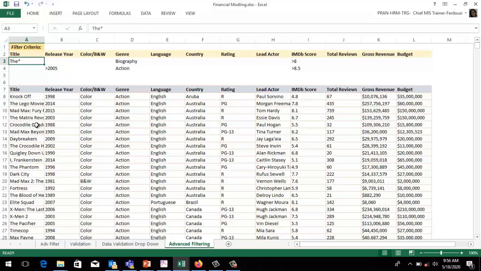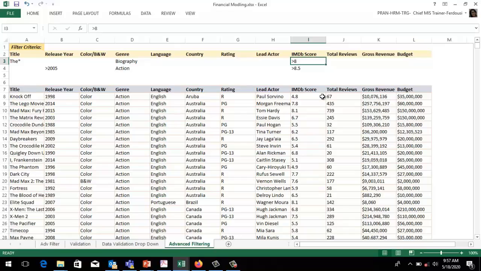If I need values starting with this, this, this, I need this type of data with genre biography, and IMDb score greater than 8,